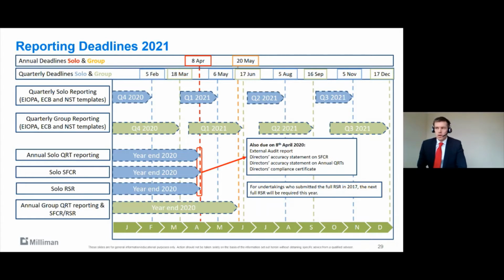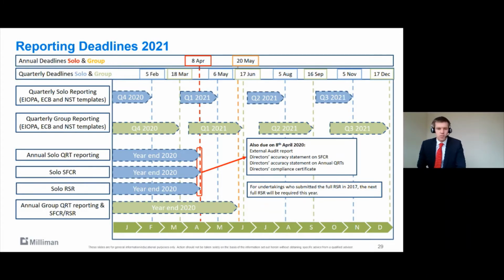I haven't heard yet whether the CBI have been querying companies if their SCR number in the QRTs didn't change from one quarter to the other. But I do know a number of my clients have been at least doing some estimate to change it, whether it's a risk driver approach or some high level adjustment, just to do something to try and capture movements within the quarter.